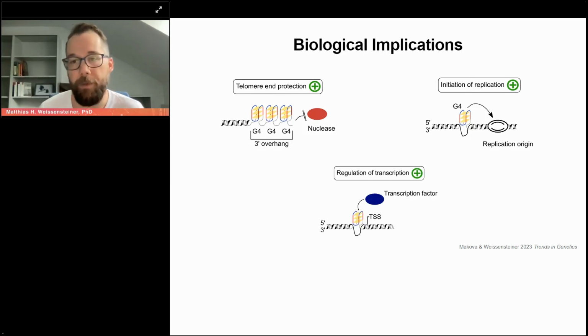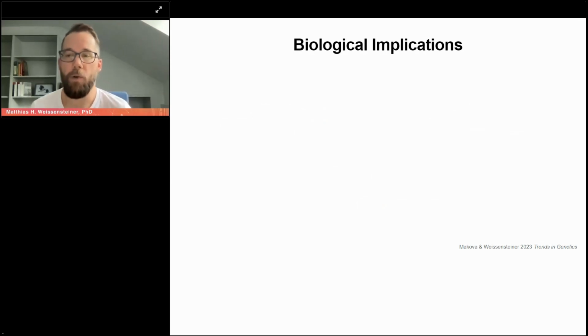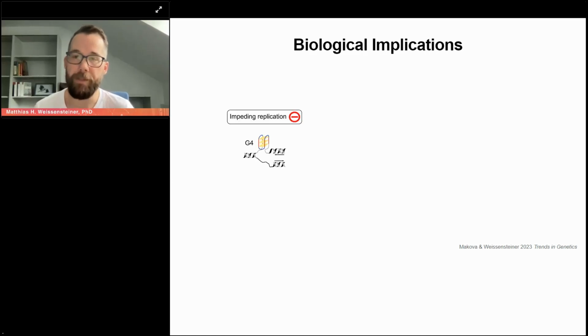And finally, we also have G4s involved in the regulation of transcription. So essentially, G4s again acting as a motif or a structure that can be recognized by transcription factors. So these are all cellular processes which are vital, very important for the cell, but there's also